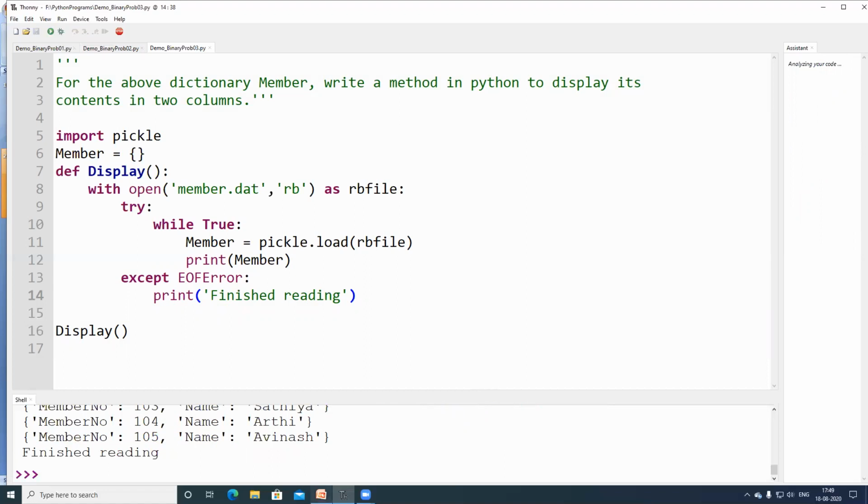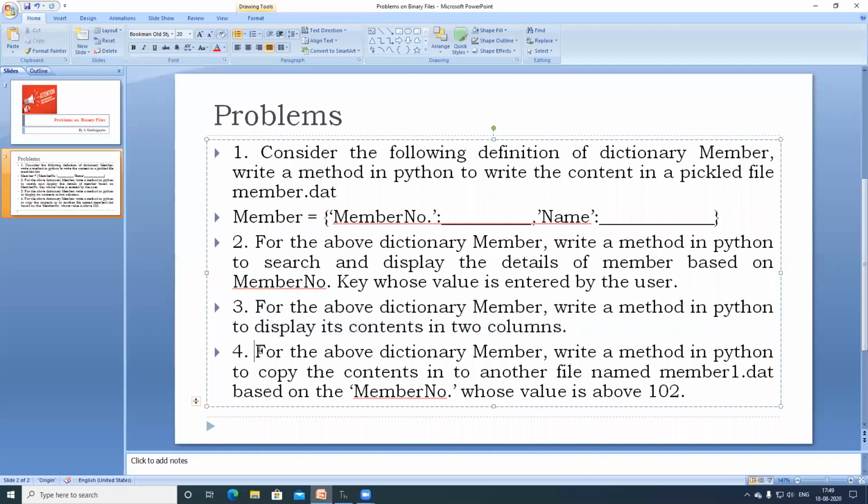Now moving on to the last problem. Here, for the above dictionary, again, we are referring to the same dictionary. Write a method in Python to copy the contents in another file named member1.dat based on the member number whose value is above 102. That is, they are trying to copy certain records from member.dat to member1.dat.